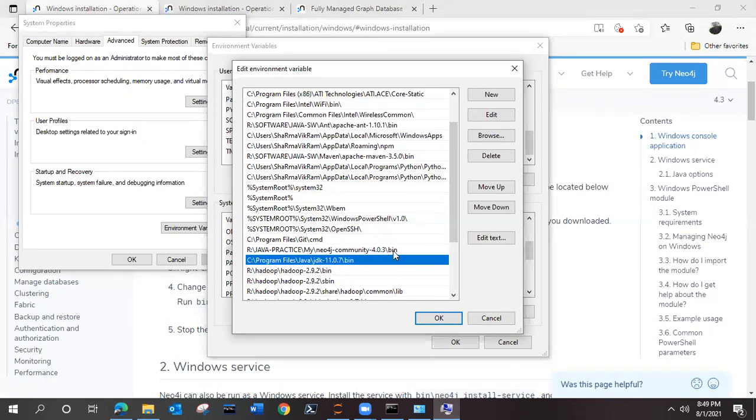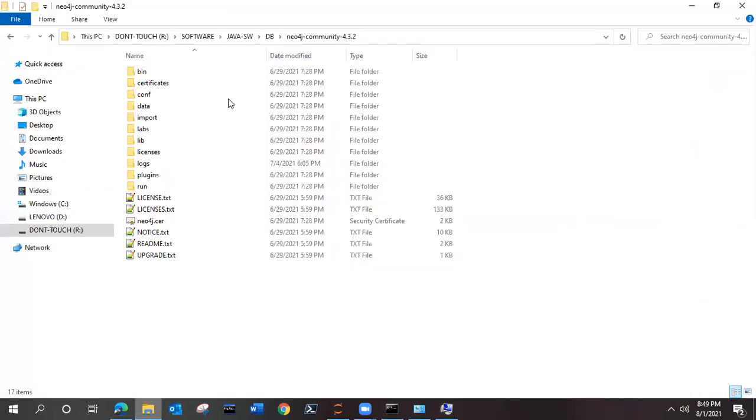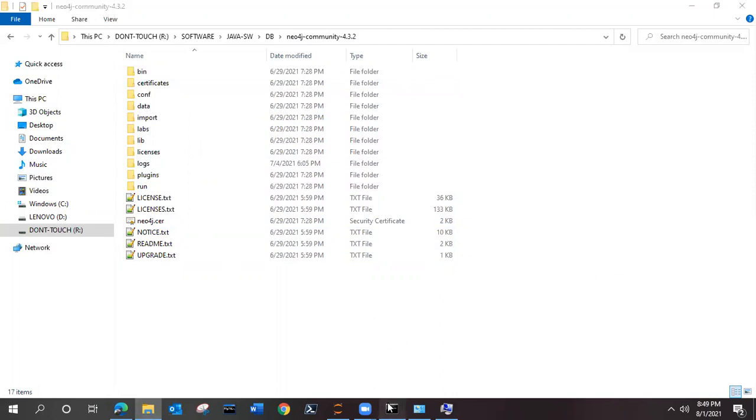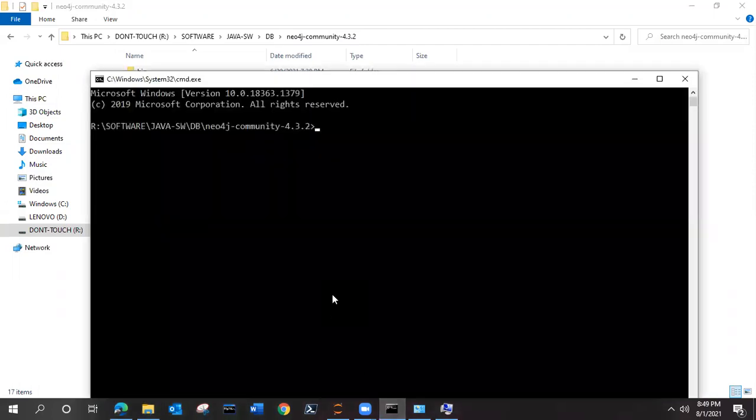The bin path for Neo4j is not required if you are going to open Neo4j from the location where it is present in your system. In my case, Neo4j is present in this location. From this location, you can simply open the command prompt, and as you can see, my command prompt is open.